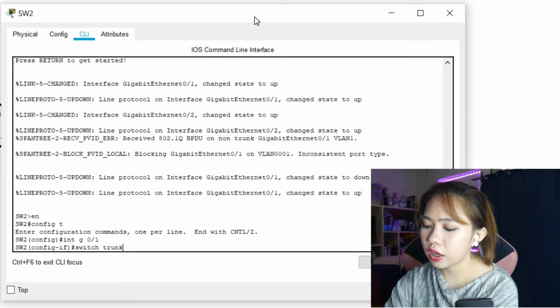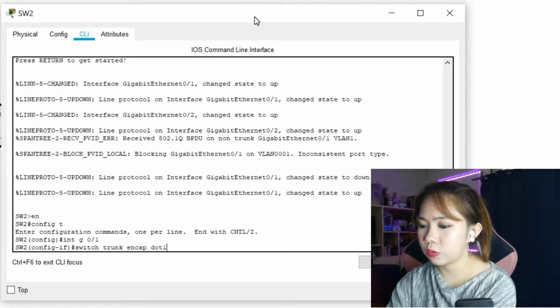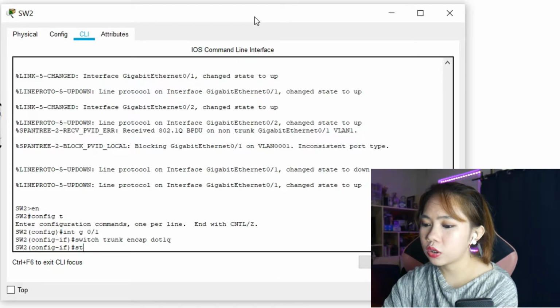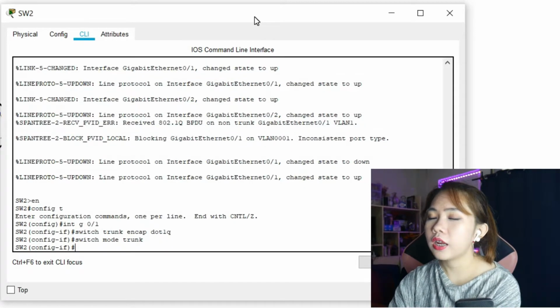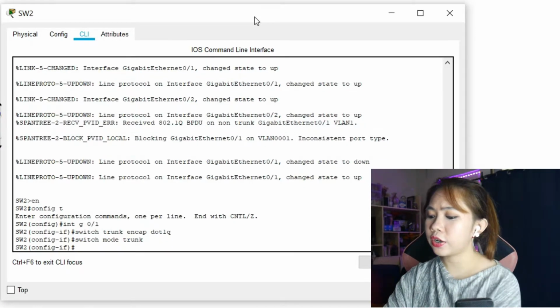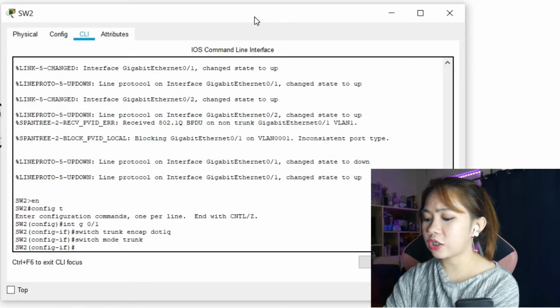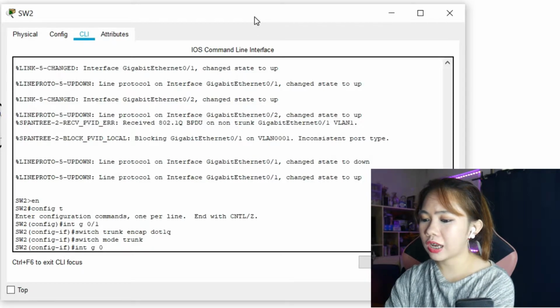Let's do the switch trunk encap .1q, and then switch mode trunk. And then it also has another interface, which is the gig 0/2. So let's also configure that gig 0/2,